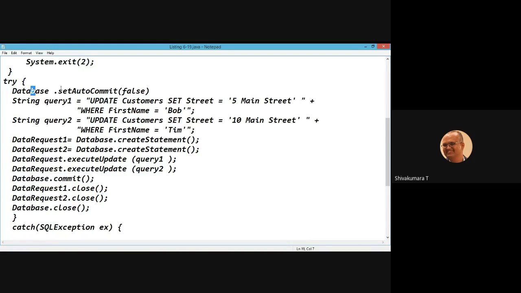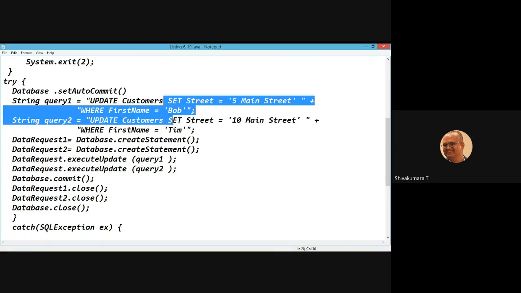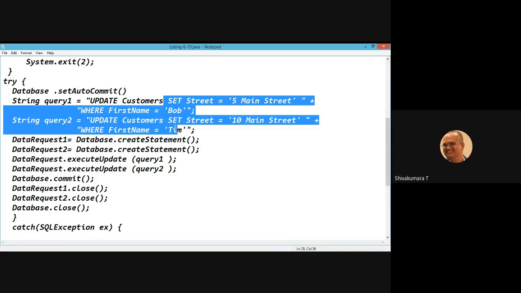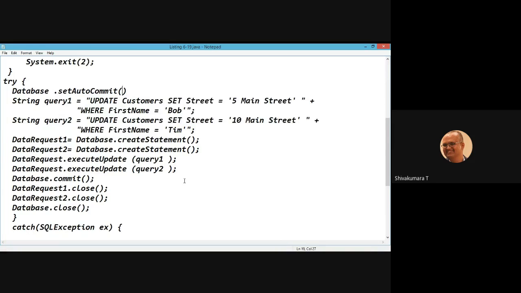So here connection dot setAutoCommit is false. By default it is true. You are exclusively applying the false value because you want to save when these two transactions are completed.